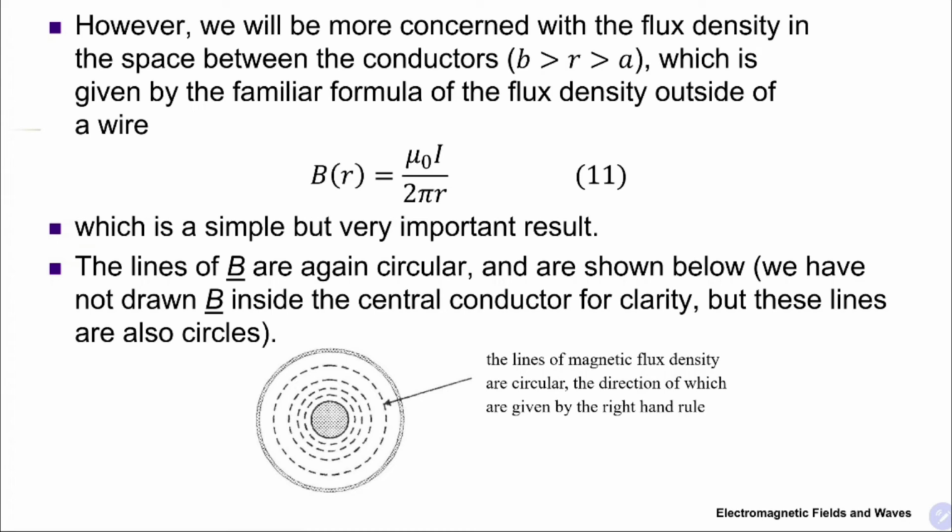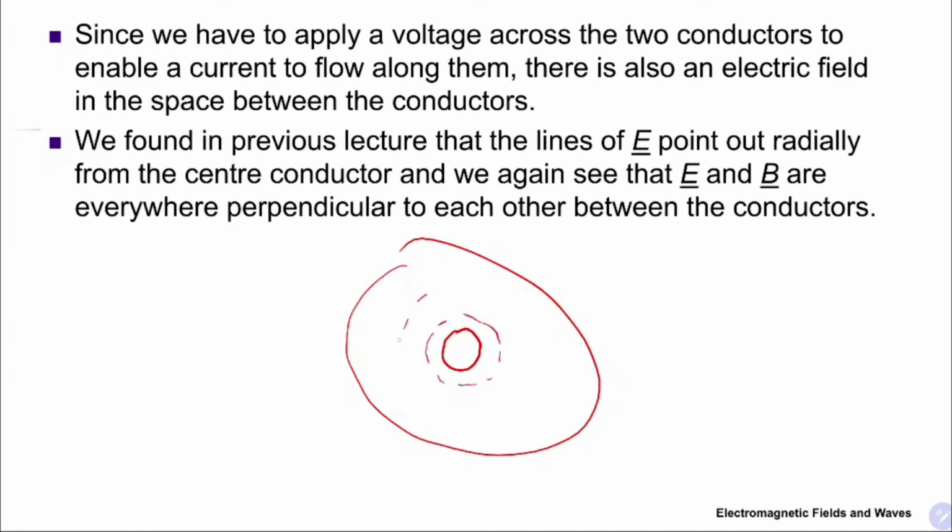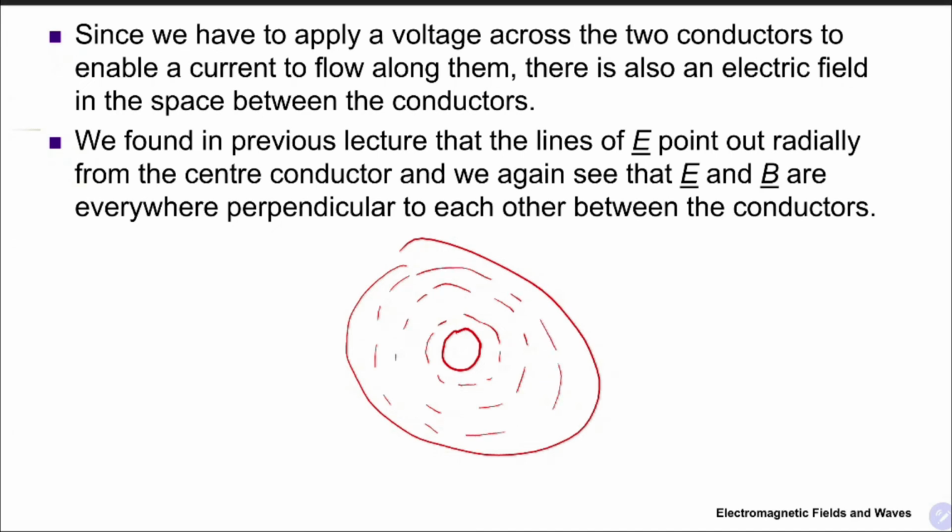Okay, so your coaxial cable is very similar to a long wire carrying a current, except that the magnetic flux density is only finite up to the outer conductor. If you go beyond the outer conductor, then the magnetic flux density will become 0. So just now we find that the magnetic flux lines are going around. Previously, we find that the electric flux density